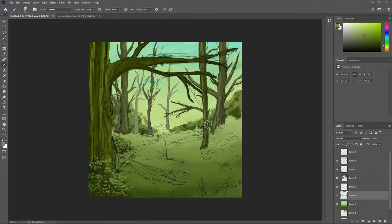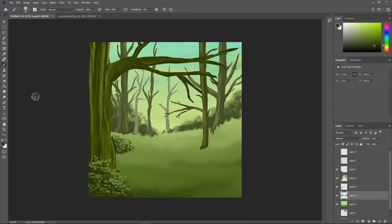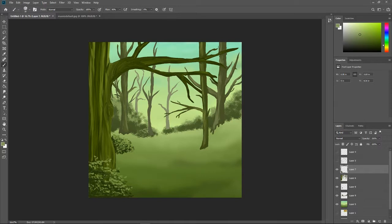Because thinking about it logically, I can't imagine what this big brush thing in the distance is, but I saw it in a lot of foresty references, like drawing references that I was looking up, and I can't tell what it is. Is it bushes? Is it, I don't know, hedges? It's a very strange thing, and I don't really know why it's there, but I don't hate it, and it